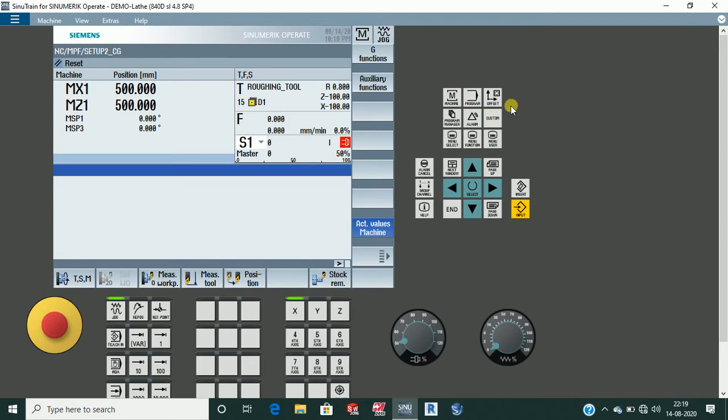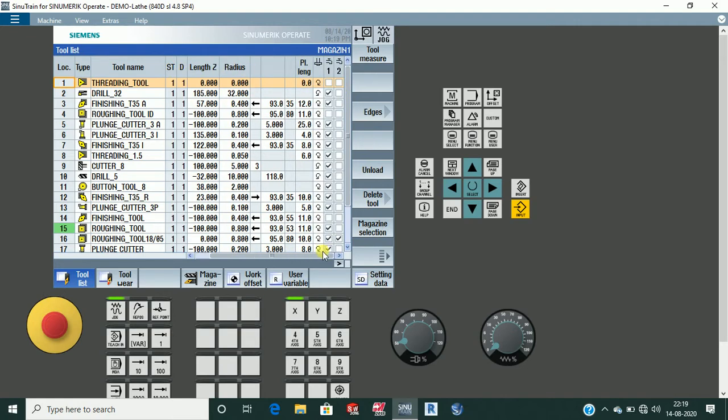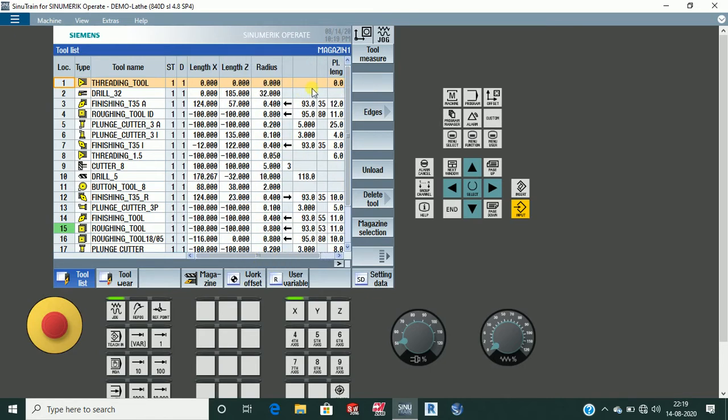Next is the offset button. Let me press this and I'll show you what it includes. Basically there are many things in the offset: location, type, tool name, ST, length X, length Z, radius, plunge length for grooving tools, coolant 1, coolant 2, spindle clockwise or anticlockwise.